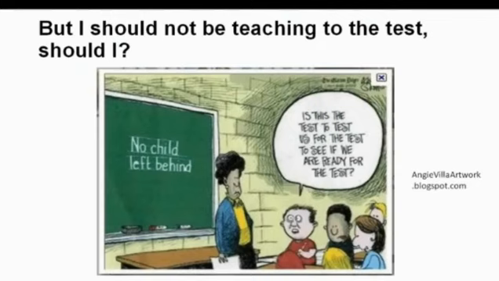So wait a minute. If you have aligned your assessments to the standards, which outline what concepts or skills you are supposed to teach, why would you not teach to the test? This is not teaching the test. As professionals, we know we do not teach the exact items on the test, have the students memorize the exact items on the test, and then rotely respond. We want them to think. We want them to understand the concepts and skills and be able to apply what they have learned in real-world situations.